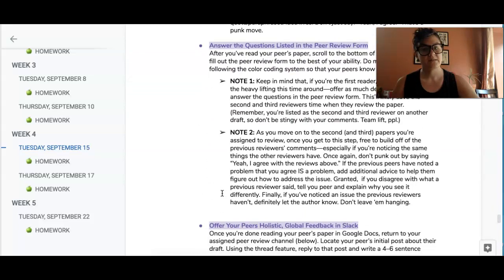The second thing that I want you to do, once you've read it and created some comments, is you're going to notice that at the end of your peer's paper, there is a copy and pasted peer review form, okay? If for some reason your peers forgot to paste that, you can paste it into the bottom of their draft for them, but I want you to make sure that you fill out the peer review form in as complete a manner as possible, okay? And make sure that if you're reviewer 1, you are typing your comments in the assigned color and so forth for reviewer 2 or 3.